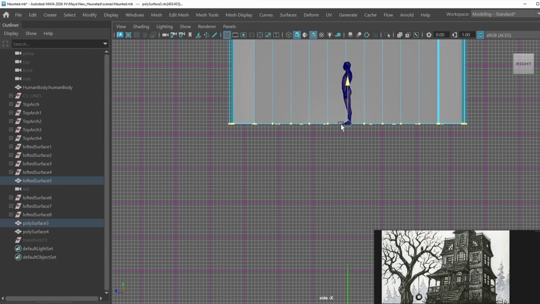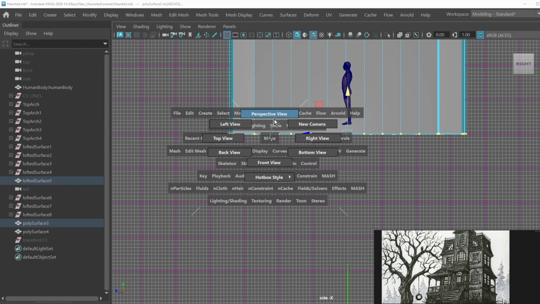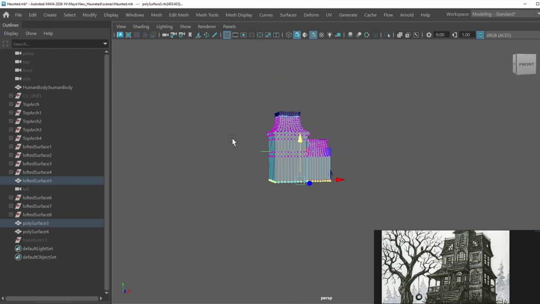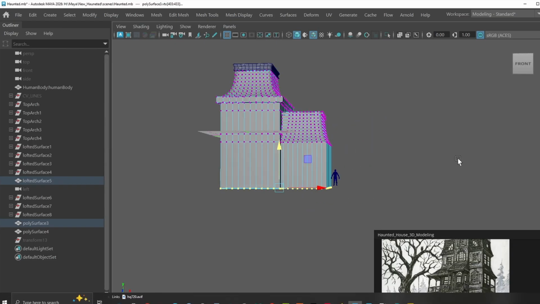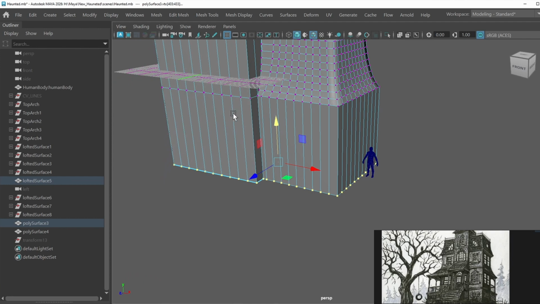Pull X to snap like that. So I have that. Looks like we got the top part and one more down. But here, let's do a